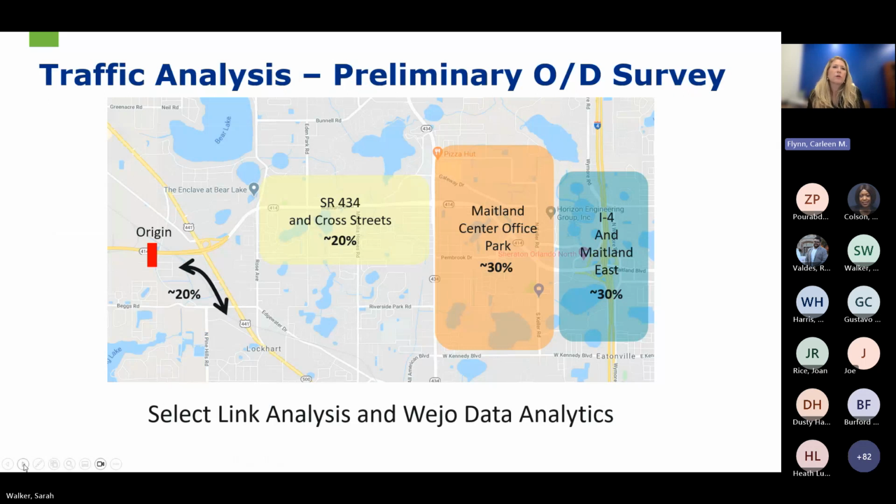So as part of the traffic analysis, we wanted to understand better what the travel patterns were and how the road was being used today. So one tool in the travel demand model is a select link analysis. It looks at, if you provide an origin, which is in the red box, any of the traffic going through that origin, it'll show you where they're heading to from there. So we wanted to use that, and then we